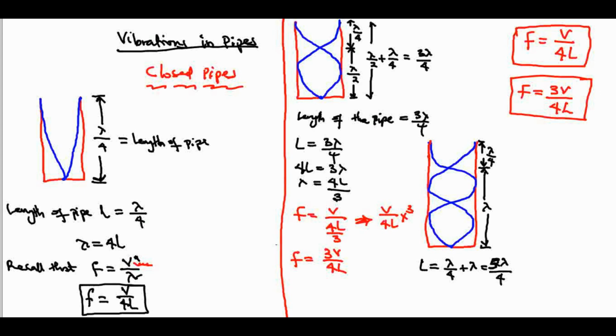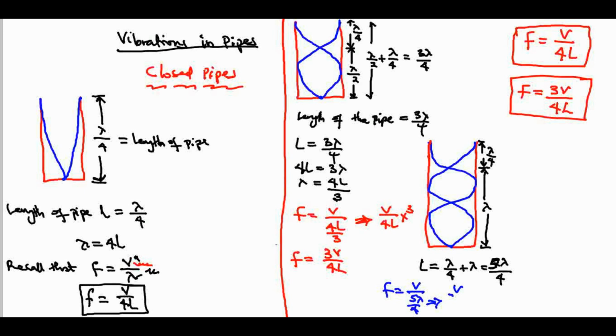So if we substitute that into this equation, we're going to have that F is equal to V over 5 lambda over 4, which will eventually become V